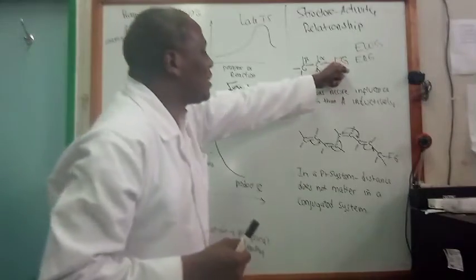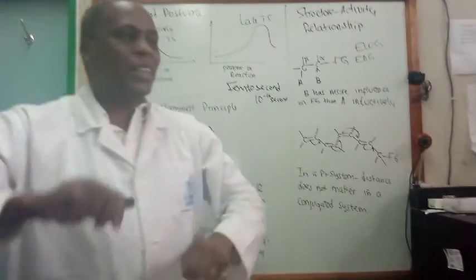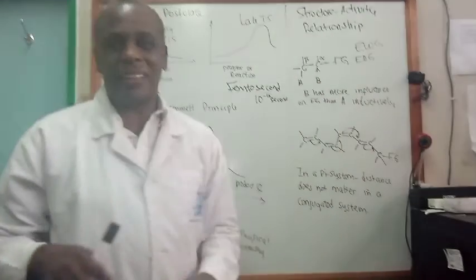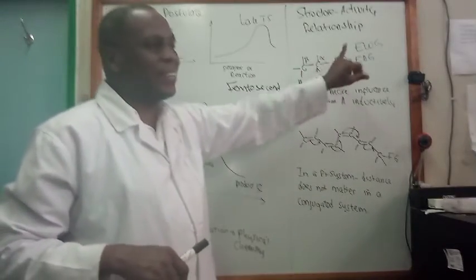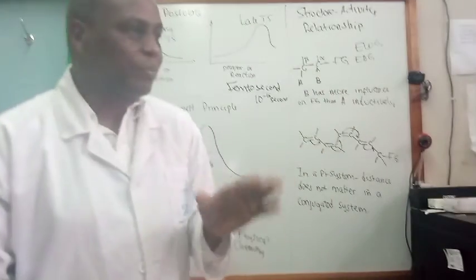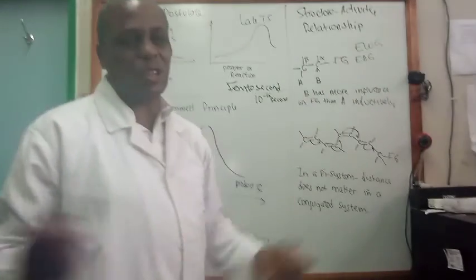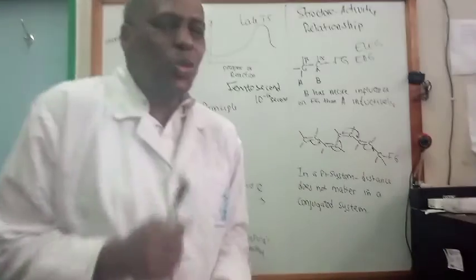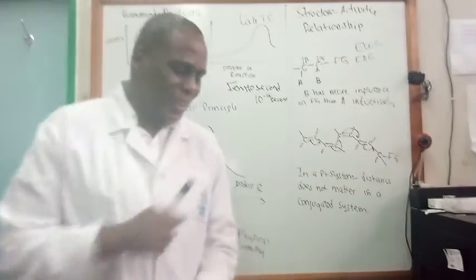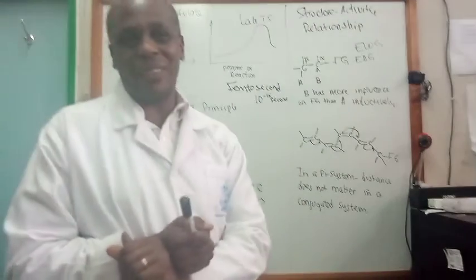In this case, if this structure is linear and does not change, then A is going to be further away from B. But if you're going to have those steric effects and steric hindrance and the rest, and you're not going to have a rigid structure, then it may be hard to say permanently that A will have less influence on the functional group than B. So we want to look at systems which are rigid, and you're going to see some very interesting facts about structure and activity.